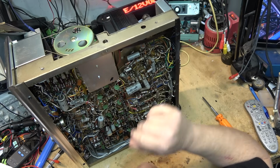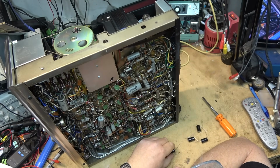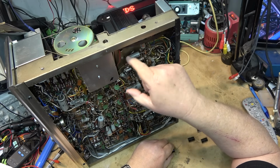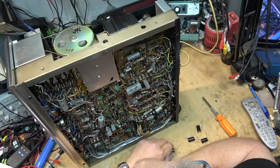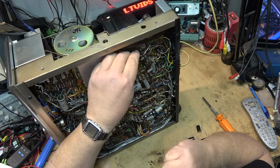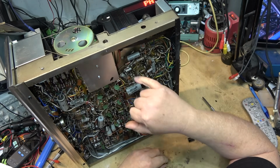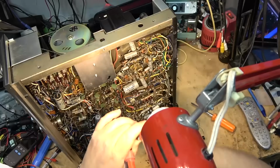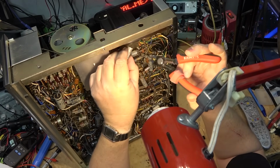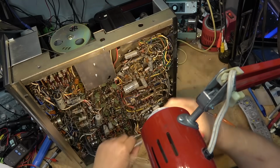And they're point-to-point wiring, so it shouldn't be too hard to get in here, but some of the leads may not be quite long enough, so I might be cutting them fairly short and just splicing them into the existing lead rather than going all the way back. Just depending on the length. Like this one, I can probably put this one here, but the other side might not be quite long enough to make it down to this tube socket. I'll start out with this one at the top here. I'm just going to cut the part out here, and then we'll remove the wires after